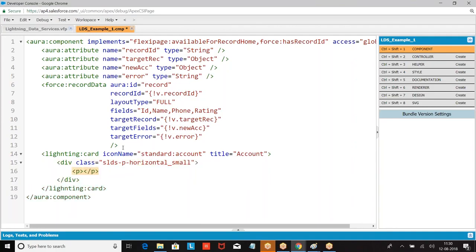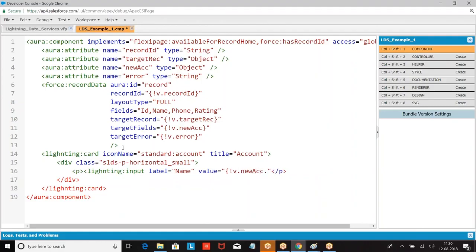then I'm going for a paragraph. Here I can print lightning input value equal to, label equal to name, value equal to, look at the point, v dot, what is the name of the target fields?